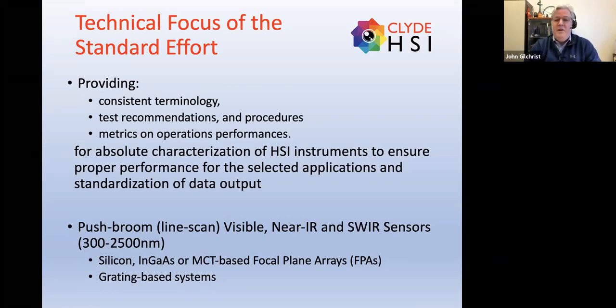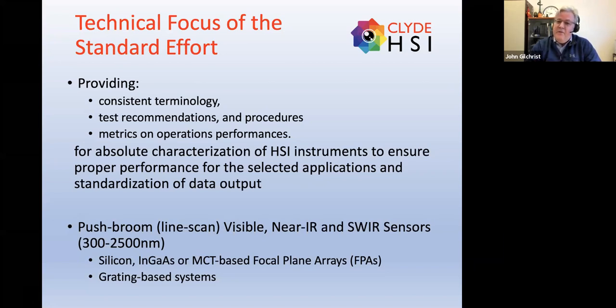A harmonization allows us to have a terminology which identifies a particular parameter having one word and therefore one meaning associated with it. And that's the purpose of our P4001 group, to focus on the technical efforts that are required to provide that consistent terminology, testing, and performance of parameters.